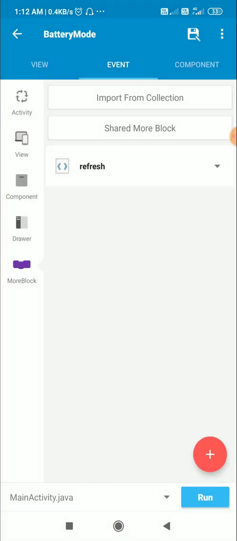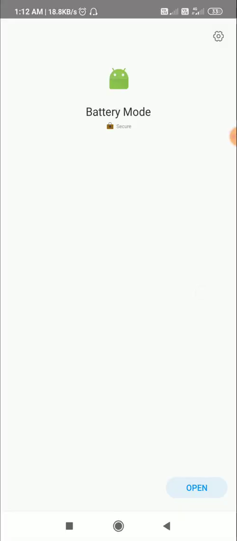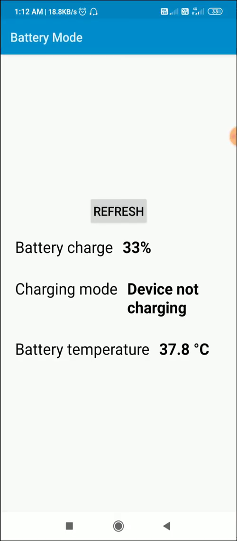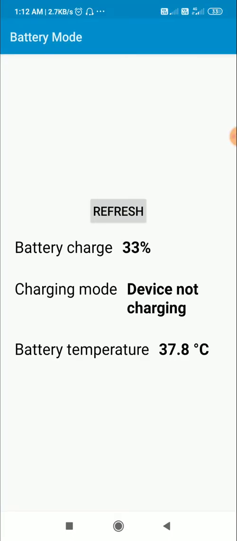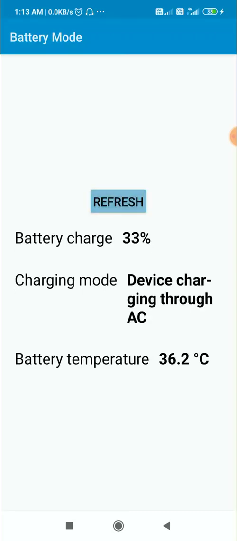Now let's check this. Okay, so in on start it is refreshed and it displays battery charge 33%, device not charging, and battery temperature 37.8 degrees Celsius. Now let me put it to charging, and now it is charging, and when I click on refresh it shows device charging through AC and